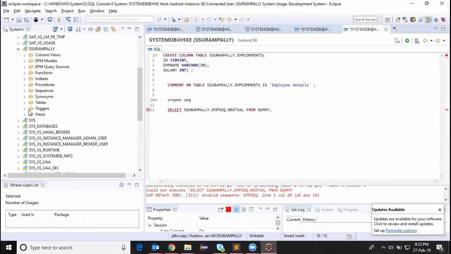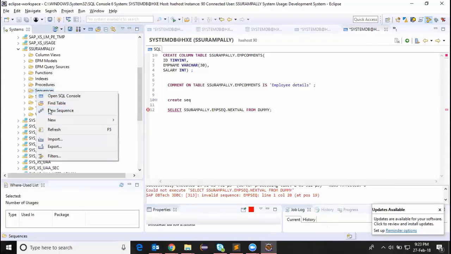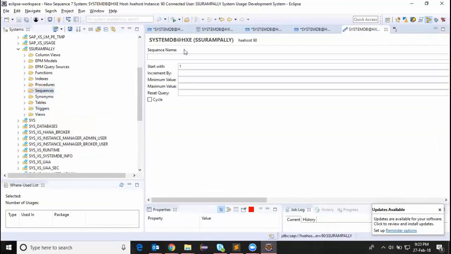Or the easy way is to do it this way. Go to the sequences and say create new sequence. So sequence name, EMP sequence, and then it is starting with 1 and increment by 1, minimum value 1 and maximum value I say 100 and cycle it. So whenever it reaches 100 it again starts with a reset, we'll see that later. That's it, and then I'm going to